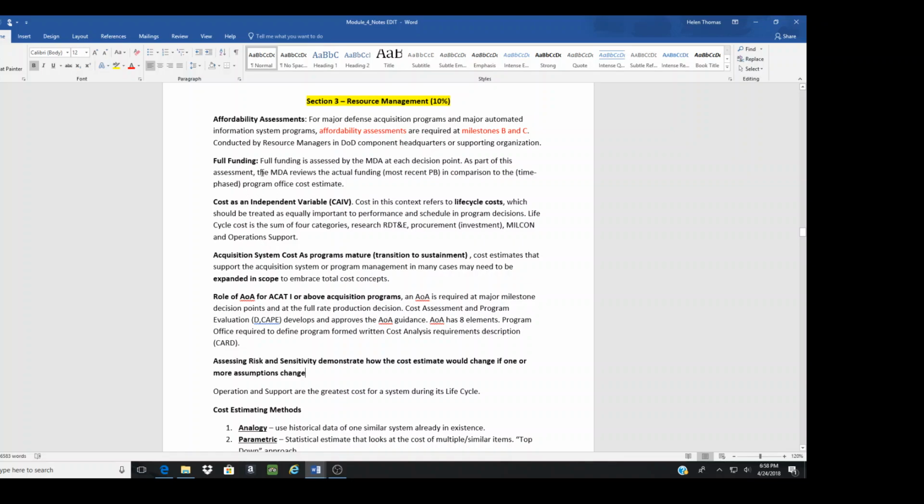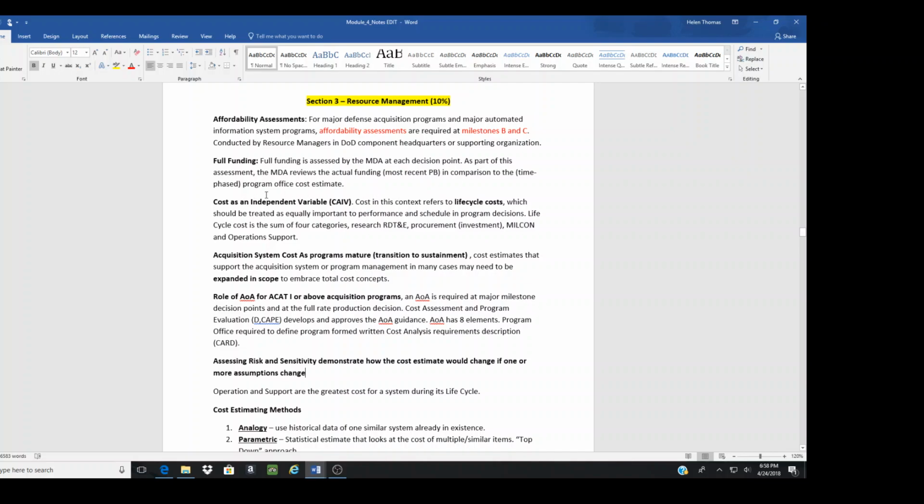Full funding. Full funding is assessed by the milestone decision authority at each decision point. Again, because you want to know when to request funding in the upcoming fiscal year budget: when do I request funding for my program? So that's what needs to be considered. The MDA, Milestone Decision Authority, reviews the actual funding, the most recent program budget, in comparison to the time-phased